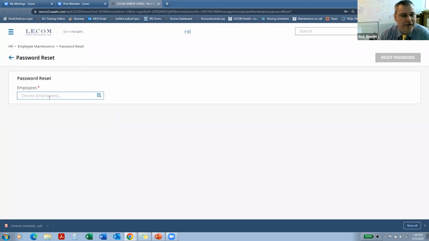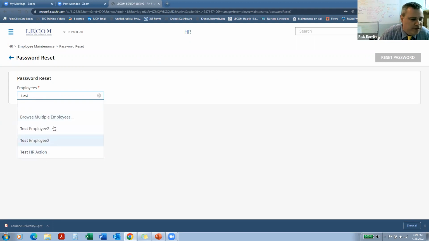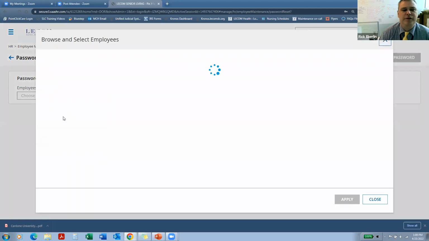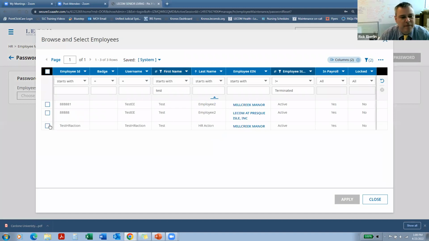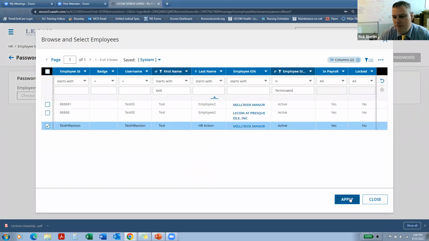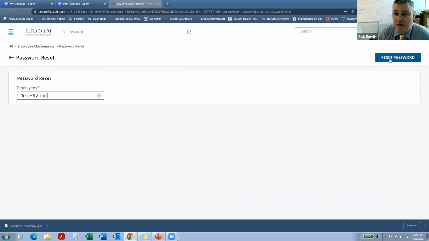The other way to do that, if I had wanted to, under where it says choose employees, I can just click my cursor there and start typing. And you can see that if there was only 3 people with the first name of test, it'll come up with those options. But I can also click that browse multiple employees, and it pulls up that very same report where once again I can type in test, hit enter, and select the person. So either way, they both work. I click apply, and then up here in the upper right hand corner, I click the button for reset password,